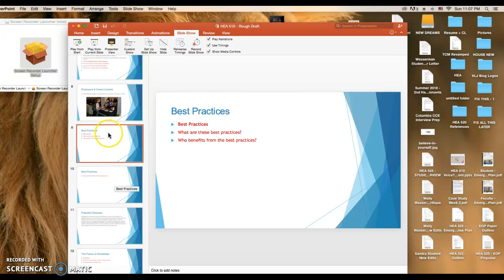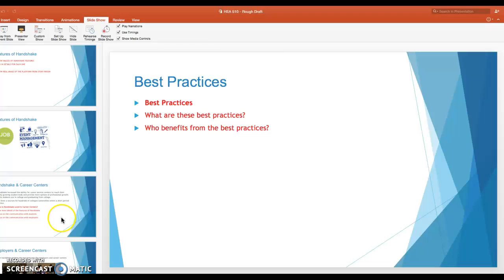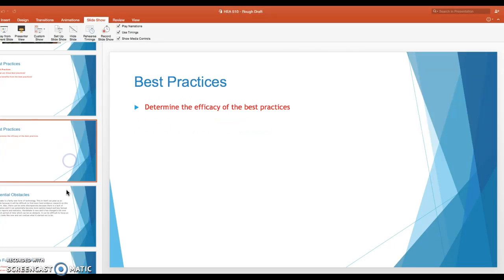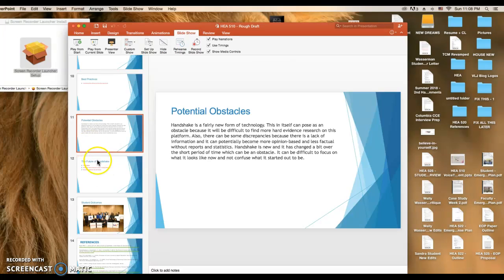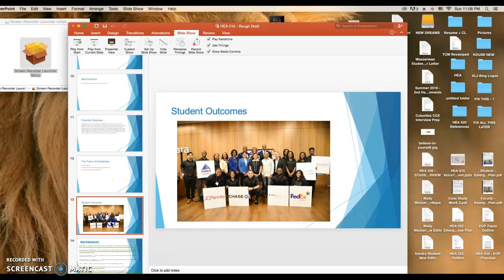The best practices are really important because they can really show what that's going to look like for this form of technology, and then also getting into the different obstacles as well. These obstacles I'll be able to go through in more detail, and then also discussing the future of Handshake, and